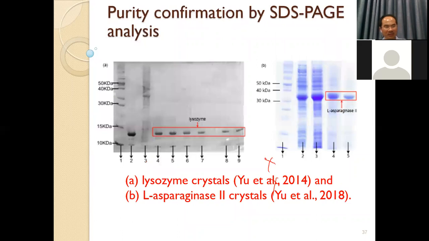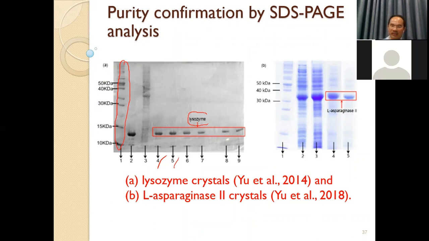And also you can use another technique, which we call SDS-PAGE. Like this, we check lysozyme. Samples 4, 5, and 5 to 9 are pure lysozyme. This one is not pure. Why is it not pure? Because we have a lot of peaks around here. SDS-PAGE shows